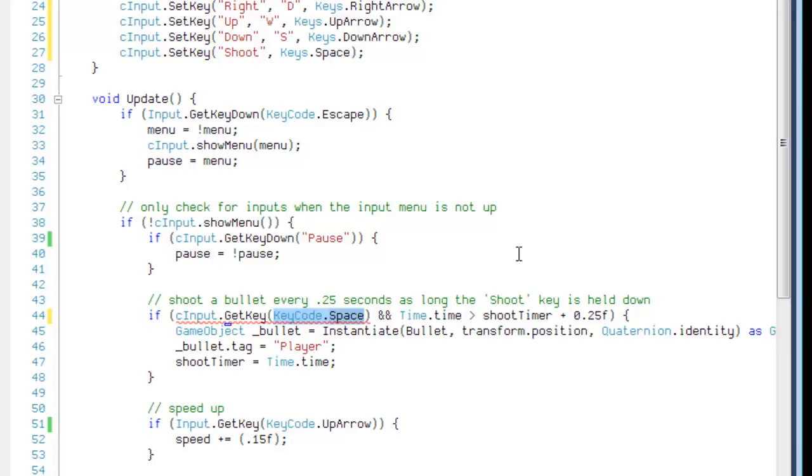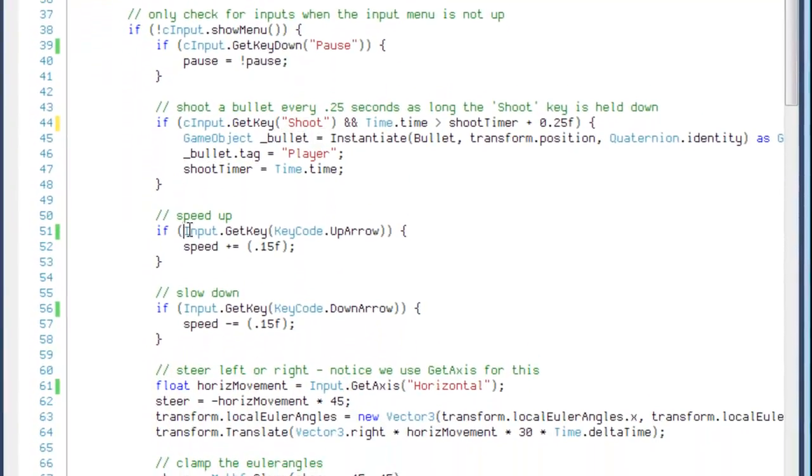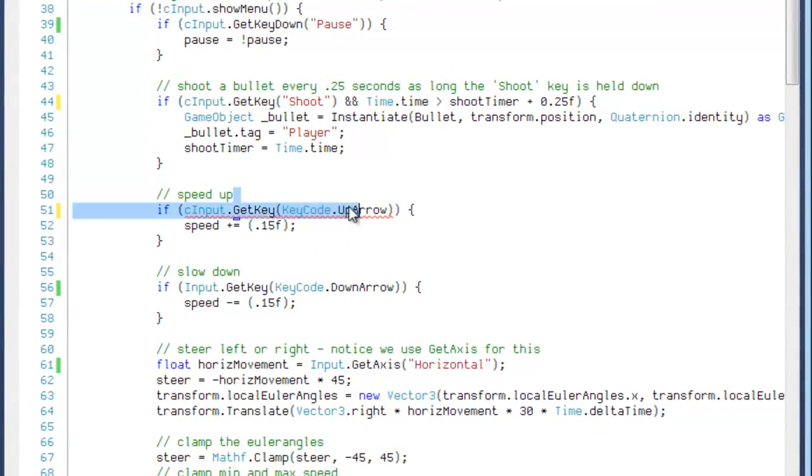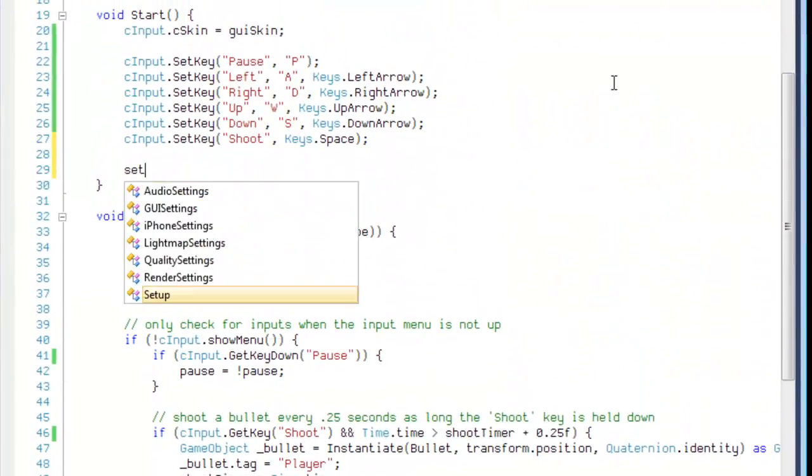So this is spacebar, which was the shoot action. This is the up arrow, so that was up. Change that to cInput. The down arrow goes to down. Now the left and right movement is a little bit different because it uses an axis called horizontal. So what we need to do to get that to work is